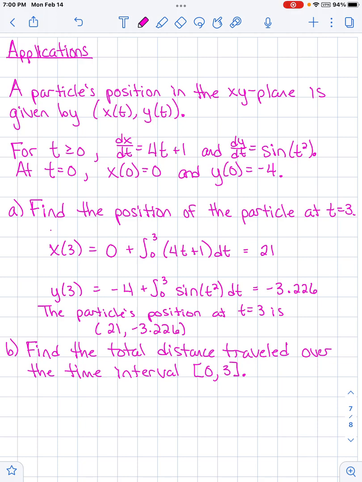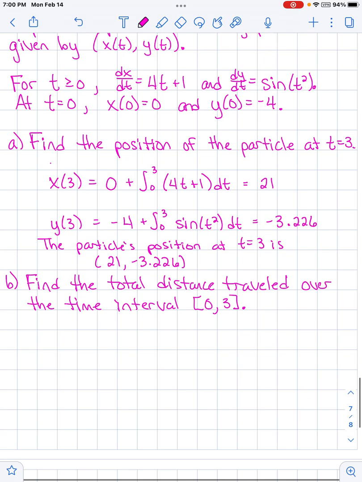Okay, the total distance traveled, we've already talked about that. The total distance traveled is the arc length. So we already have the derivatives. Be careful, don't find the derivative again. So we already have the derivatives, they've been given to us. So we're going to take just the area from 0 to 3, or not the area, but the definite integral from 0 to 3 of the square root